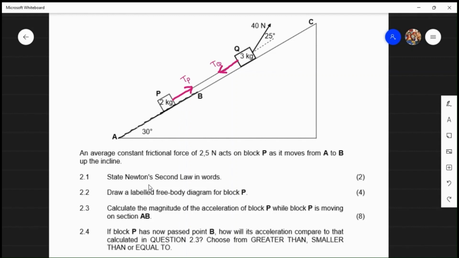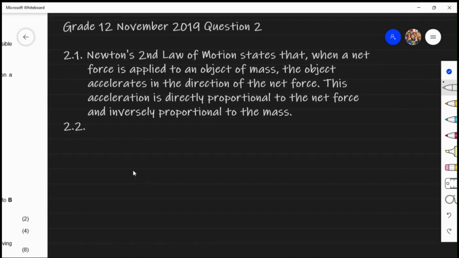So let us actually draw a free body diagram for both block P and block Q. That'll make it easier for us when we are going to do our calculation questions. If you read the next question, which is an 8-mark question, you can see that there is some calculation that we have to do. So that is how drawing a free body diagram for both block P and block Q will benefit us. So let us start by drawing a free body diagram for block